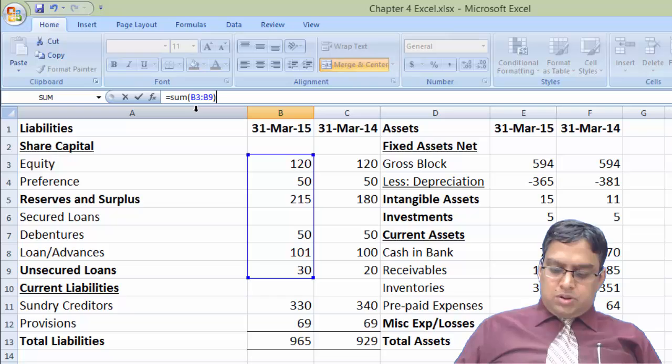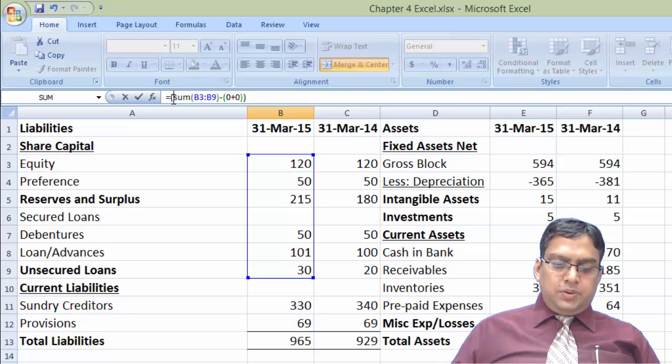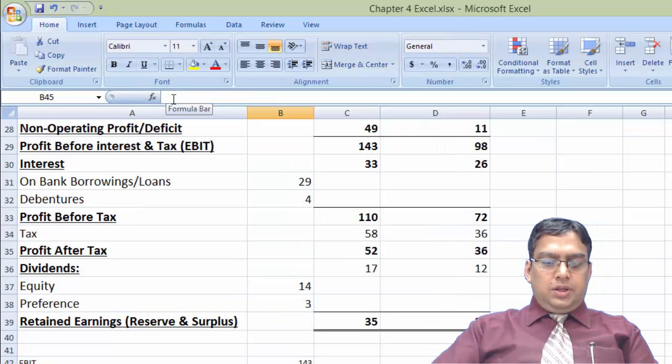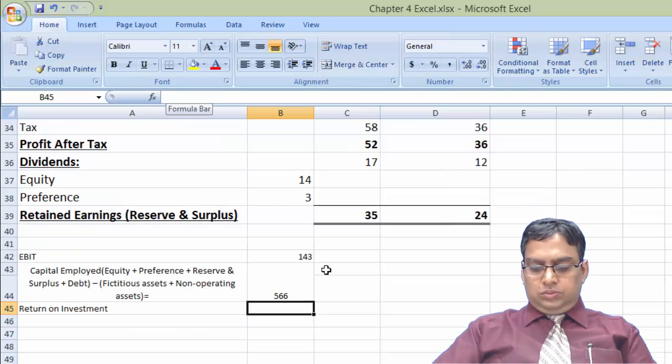That's why we can use here minus 0 plus 0 whole bracket, and your output is 566. And return on investment equals